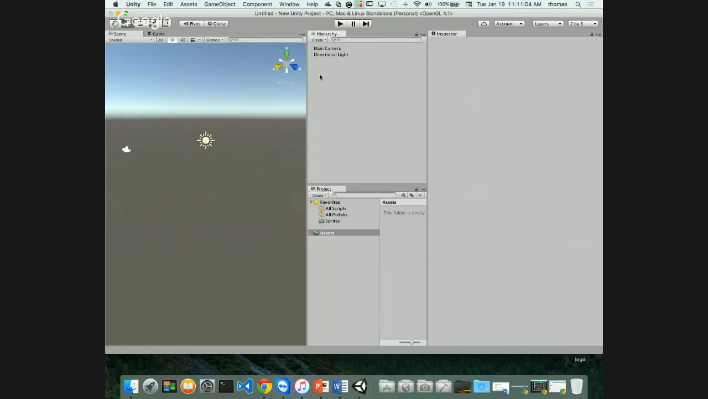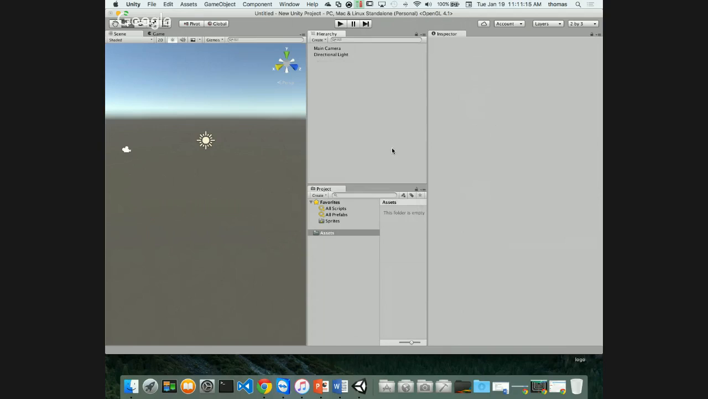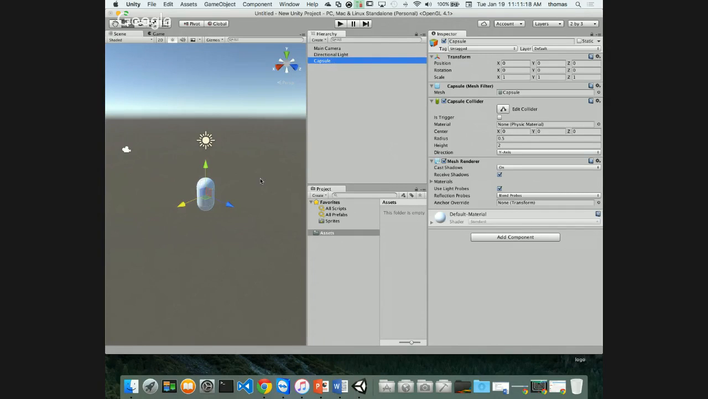Okay, so that's how you add it. So let's add a basic object. Let's add a capsule today, because normally we add cubes. We'll add a capsule. So I'm going to right-click here. I'm going to add a 3D object that's a capsule, right? There it is. And if you notice, it's called capsule, and this is what it looks like, and this is